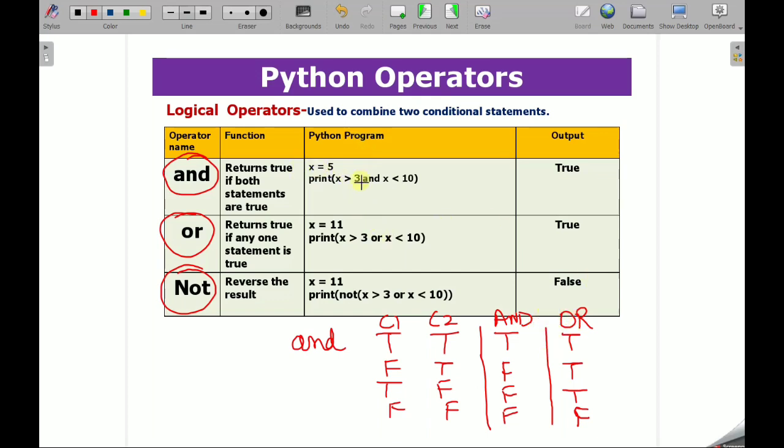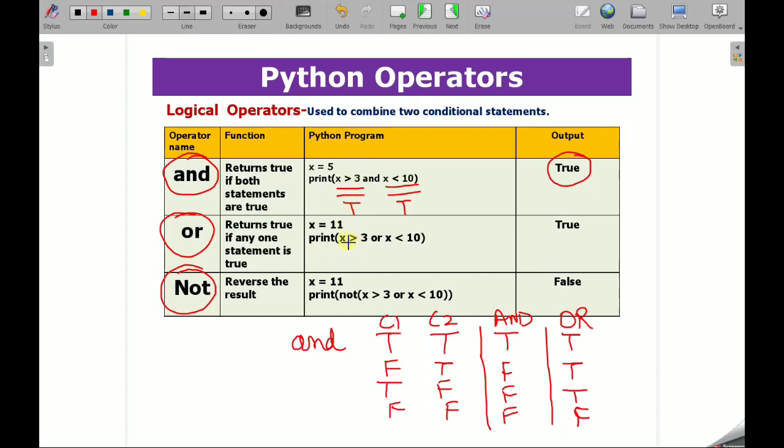Now I am coming to this program. Just try to understand the functionality of this AND operation. X equals 5. Now I am giving here two conditions: x is greater than 3 and x is less than 10. Okay, so just see here that the value of x is 5. So x is greater than 3, yes, it is true. And x is less than 10, it is also true. So both the conditions are true, you are getting the answer true. Accordingly, we have different operations over here. I will be implementing all the operators over here.